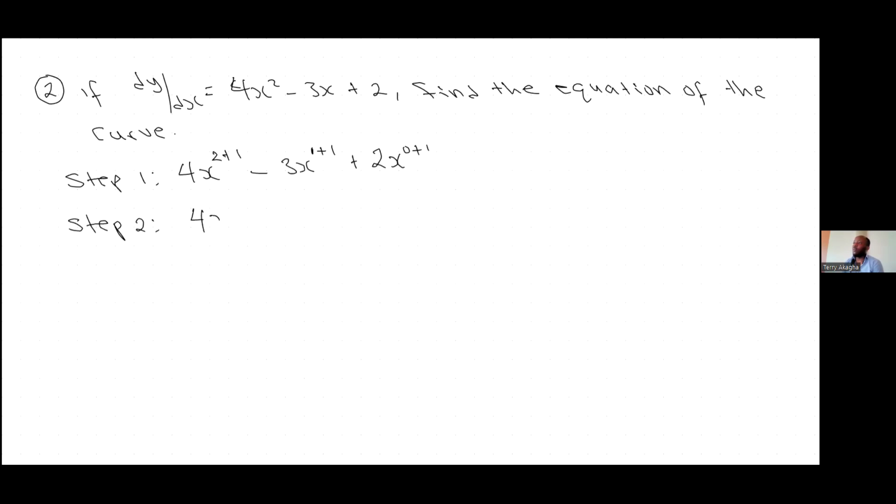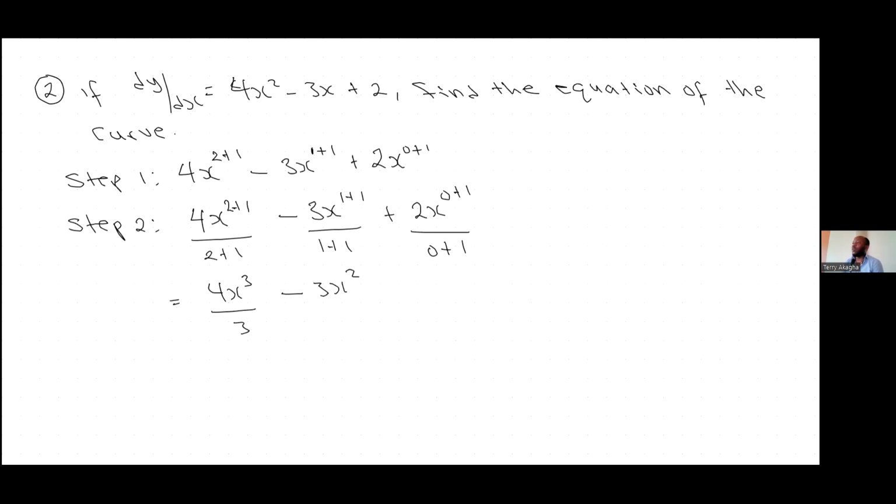4x^(2+1) divided by 2+1, minus 3x^(1+1) divided by 1+1, plus 2x^(0+1) divided by 0+1. So that will give us 4x cubed divided by 3, minus 3x squared divided by 2, plus 2x. Now step 3, the next thing you do is that you then add what? You then add c. So that will give us 4x cubed over 3 minus 3x squared over 2 plus 2x